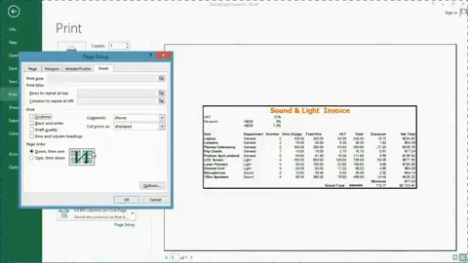I've got some color here, but I might decide I just want to print in pure black and white. Draft quality would reduce the amount of ink that I'm going to use. If I chose print row and column headings, that would put the ABCs and the 1, 2, 3s in. I'm not going to choose that option this time, but I will later. We've only one page here, so it doesn't matter which page order we have. So I'll just go OK to